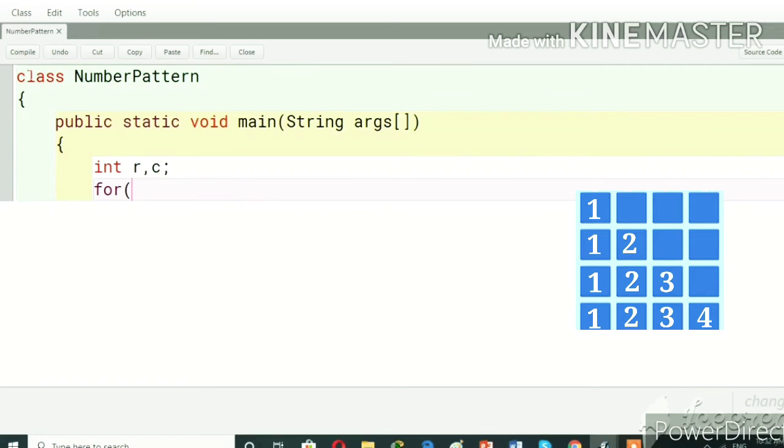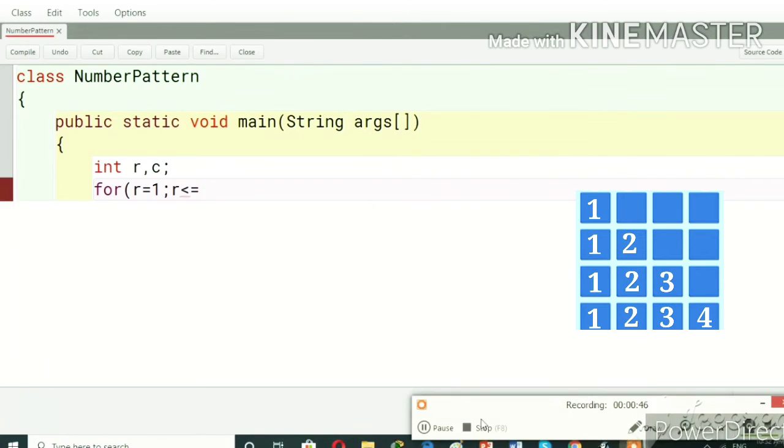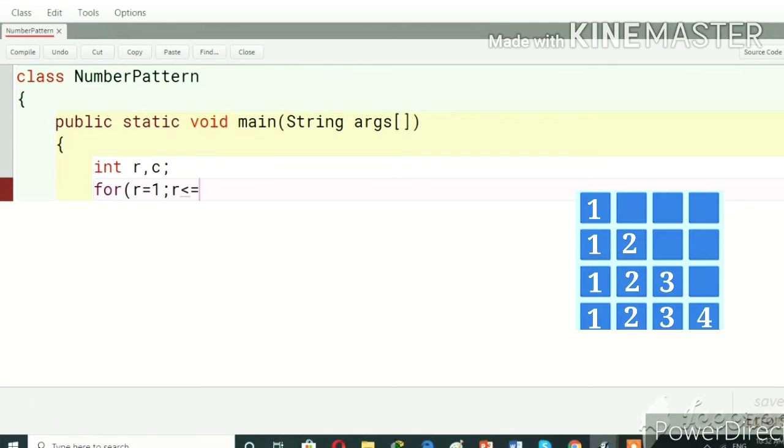This one is the loop for the row. Counting of the row will start from 1, r less than or equal to 4; r plus plus, curly braces open.